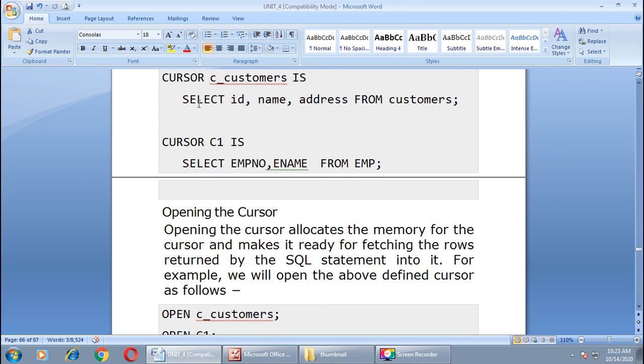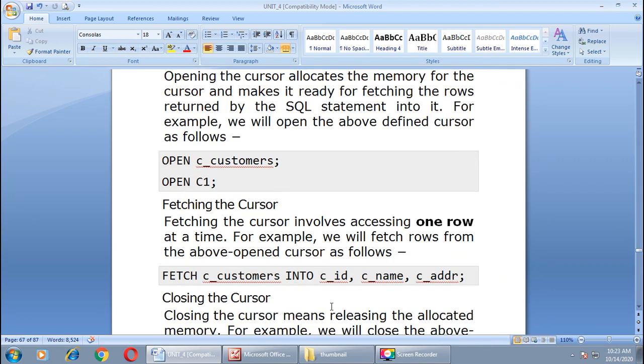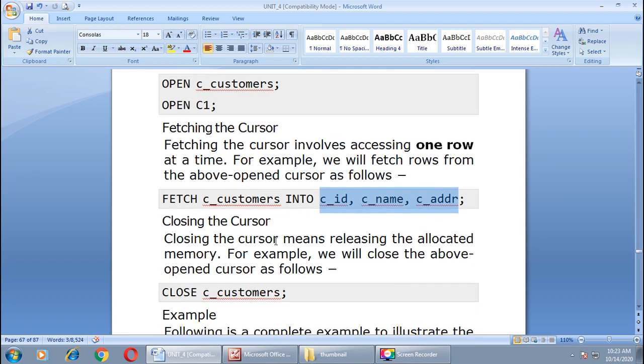This is the query which we had declared at the time of declaration of the cursor. As you can see, three variables, ID, name and address, are declared here, and the associated values are taken into them. Now in the fourth step, you have to close the cursor which was opened initially. You can do that with the help of the CLOSE keyword.